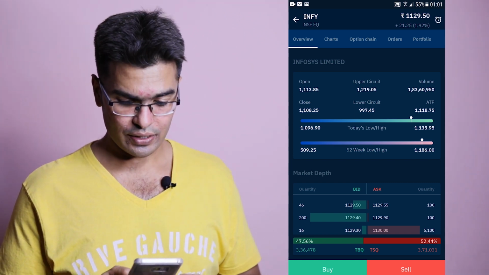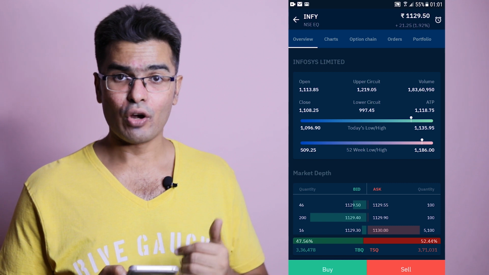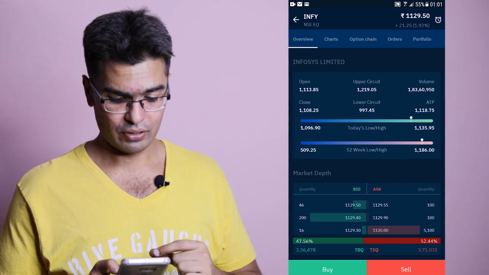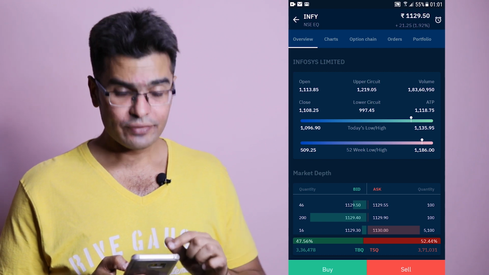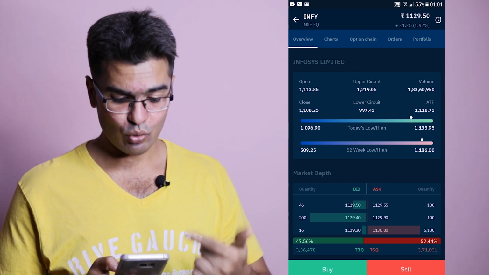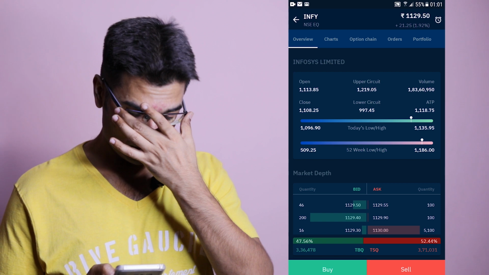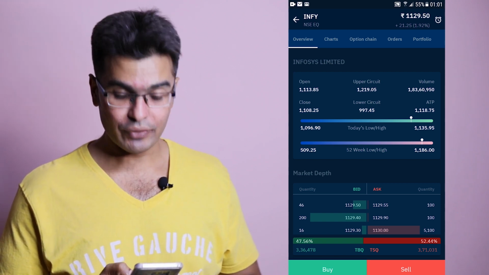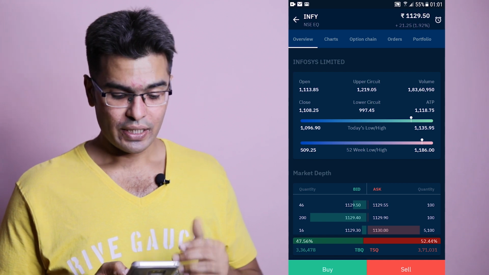The first one is known as an overview option, wherein all the details related to that particular stock are listed down. And what we can see is all the 4 prices, which are the most important prices for any particular stock, that is open, high, low, close, are mentioned. Before talking about open, high, low, close, it is important to